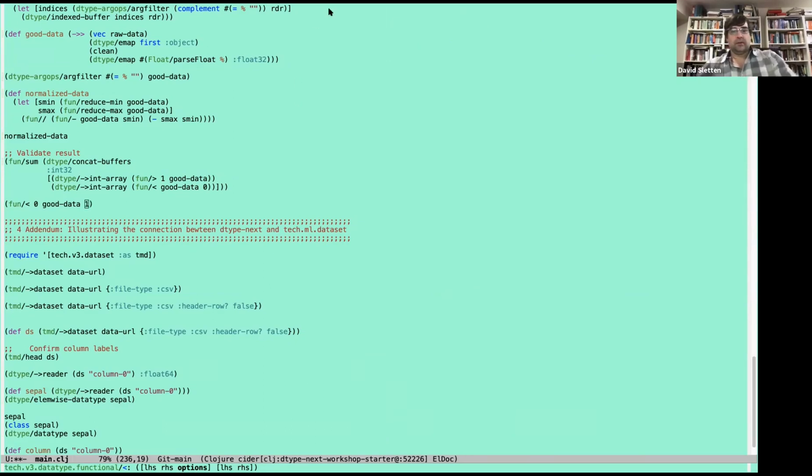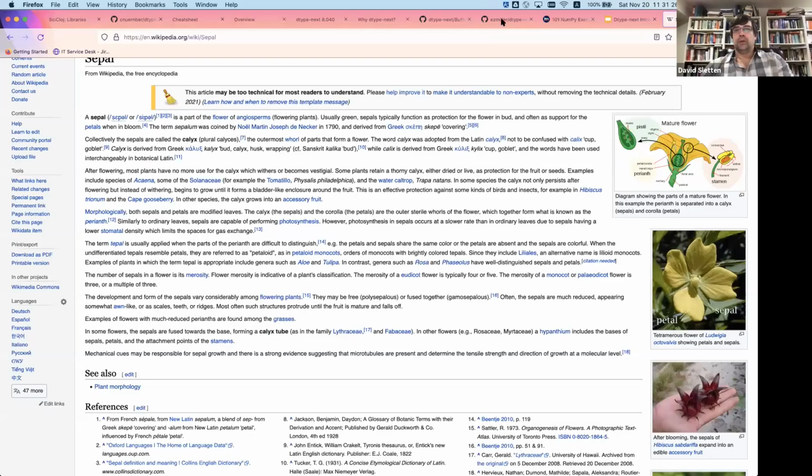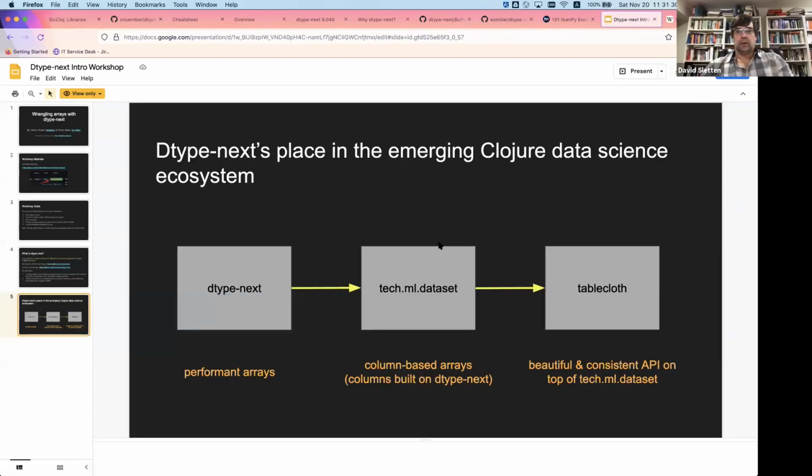So the final section here will move up to a slightly higher level of abstraction. We're gonna pull in this Tech v3 dataset namespace, which is the Tech ML dataset library that we're